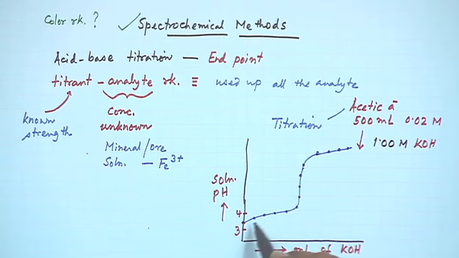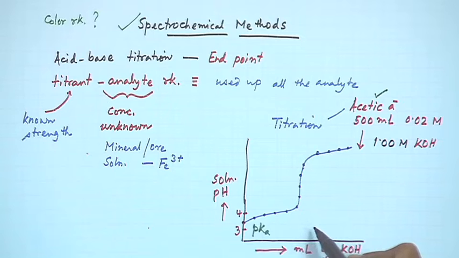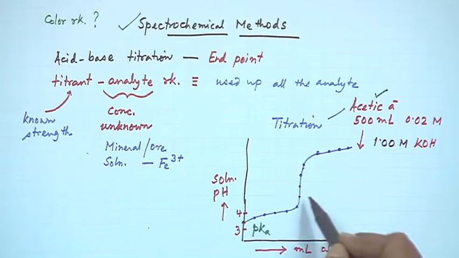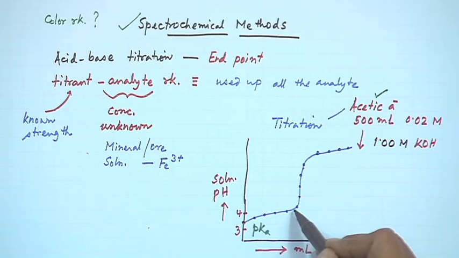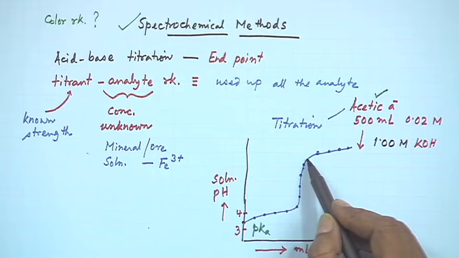In this particular range, your pH will be governed by the corresponding pKa value of the acetic acid. This pKa value of the acetic acid will tell how far we can go during the addition of the KOH. Once we go to this sharp rise, within 1, 2 or 3 ml of the solution, your pH is jumping from say 6 up to 8 or 10.